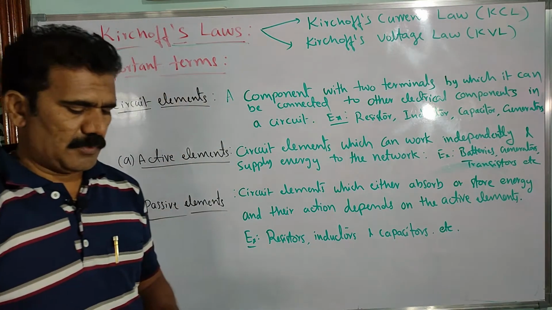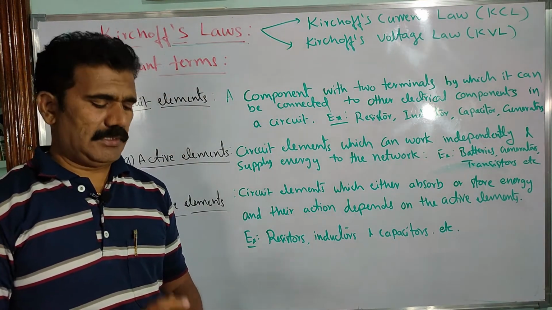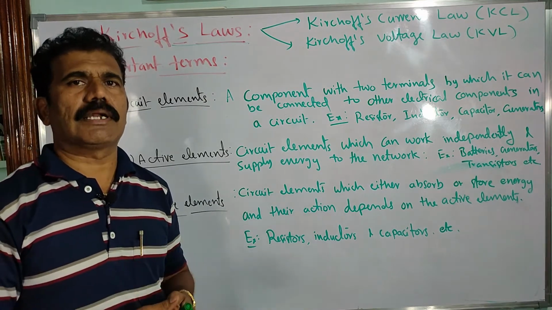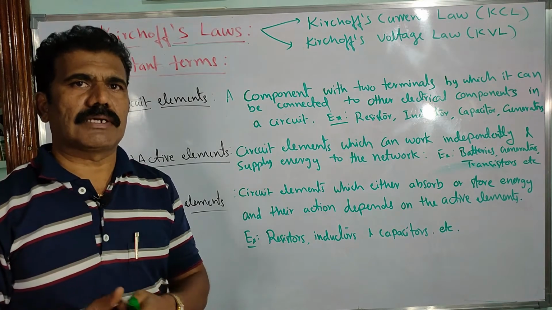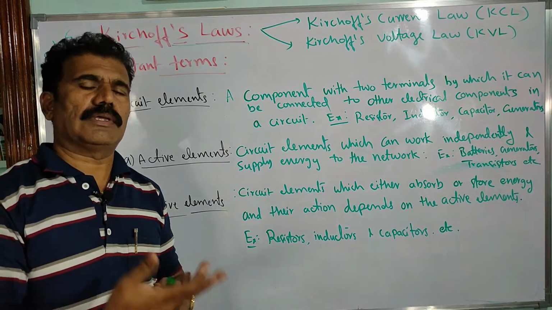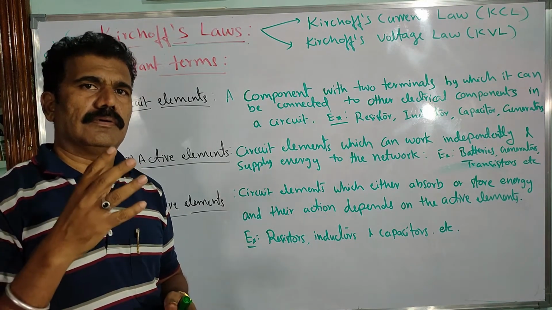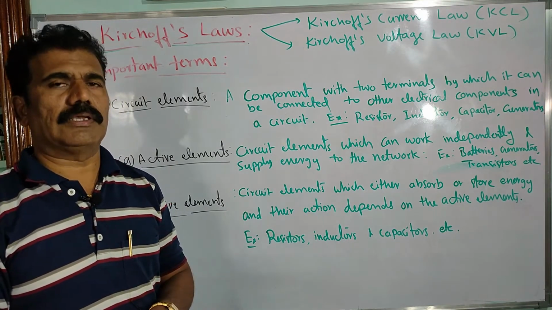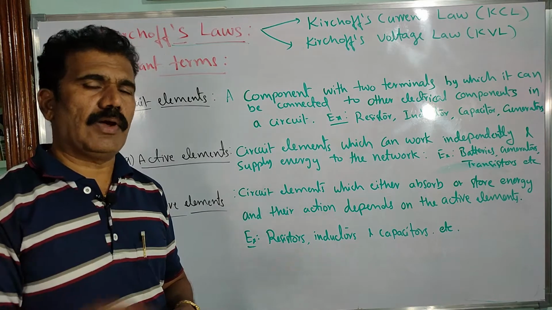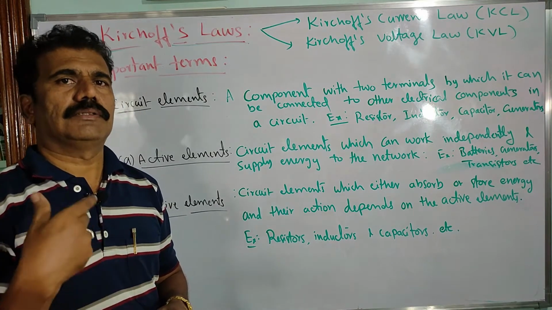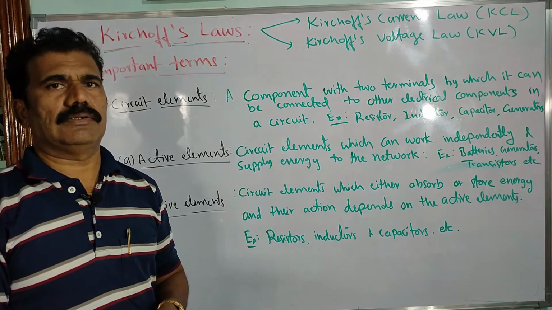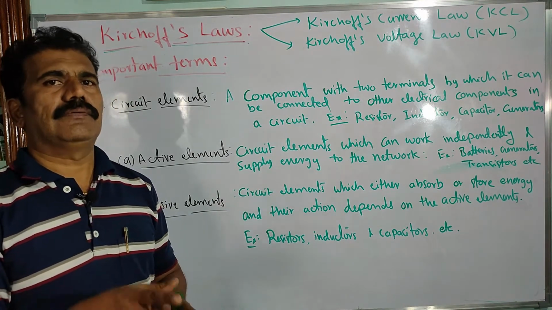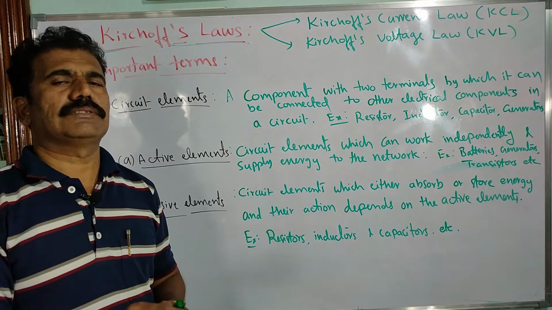Suppose a DC circuit is given to you in which there are some resistors connected in series and some resistors connected in parallel. So how do you calculate the effective resistance of a series or parallel combination, or sometimes both? You should be able to find the effective resistance and the voltage drop across the resistance, etc. This kind of analysis is very easy for a given circuit if it consists of a